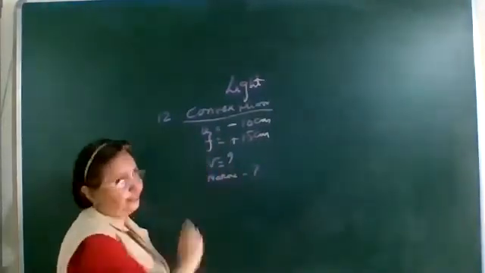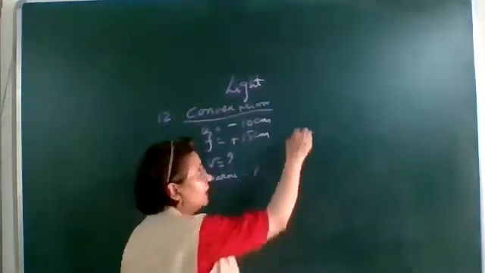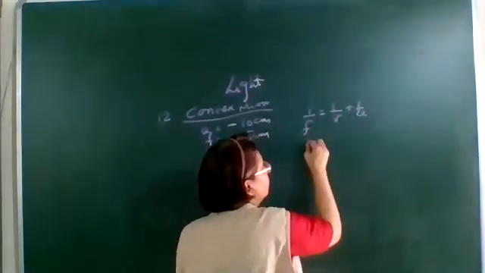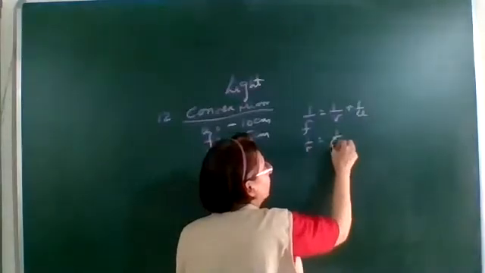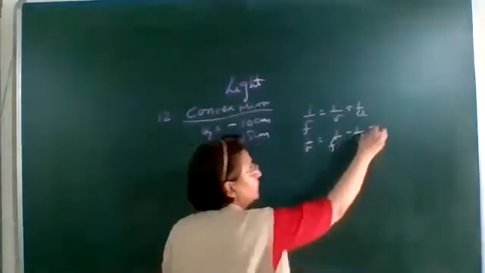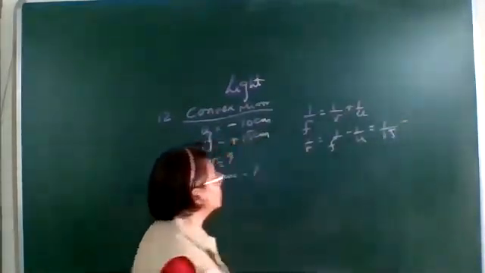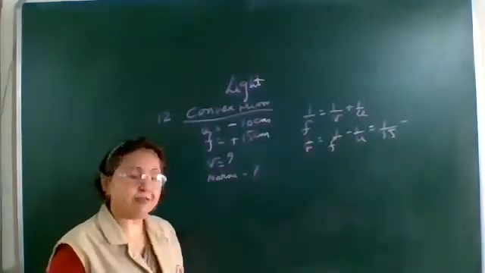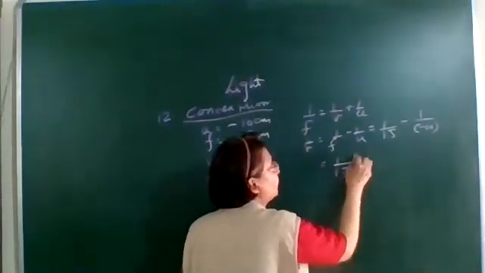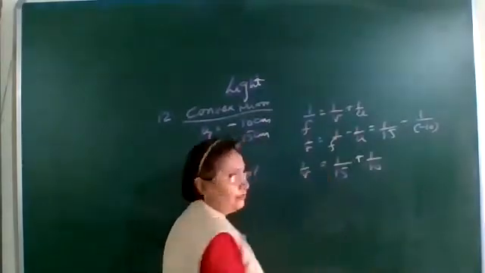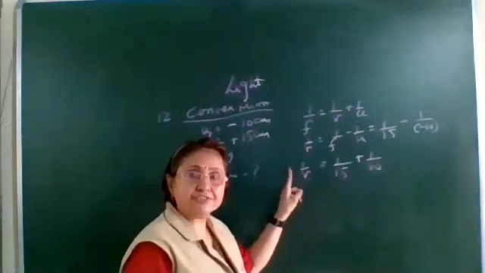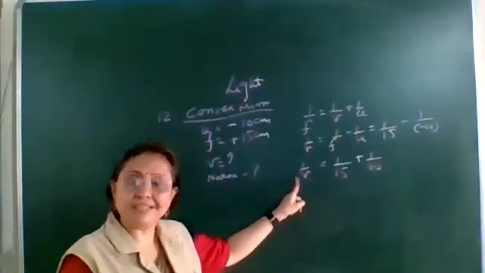Okay, as U and F are given, we use the mirror formula, which is 1 upon F is equal to 1 upon V plus 1 by U. So 1 upon V is equal to 1 upon F minus 1 by U. Now substitute the values. Focal length is 15 centimeters minus U distance is minus 10 centimeter. So here it is minus 10, so it becomes 1 by 15 plus 1 by 10 is 1 upon V. Okay, take the LCM, simplify it, and this will be 1 upon V. V will be the reciprocal of it.